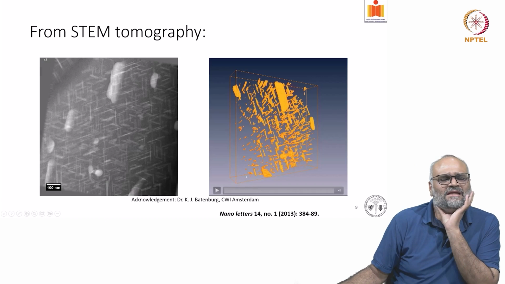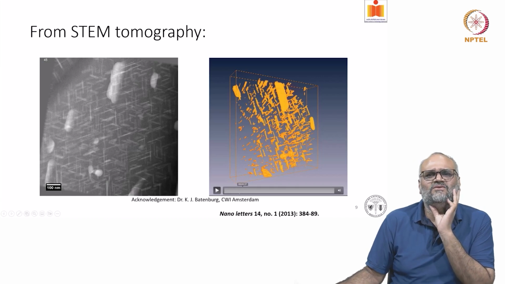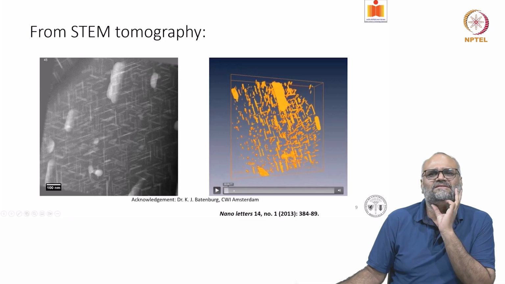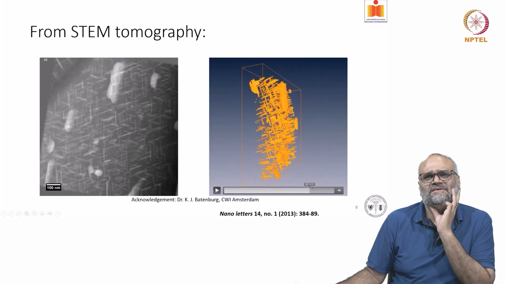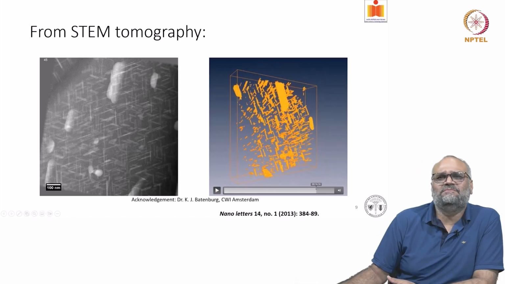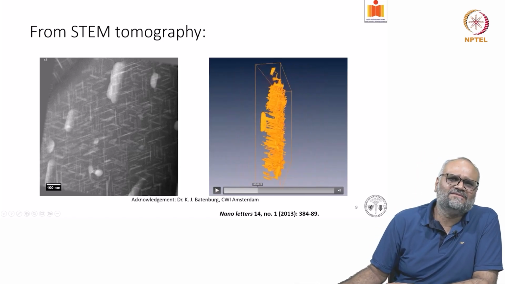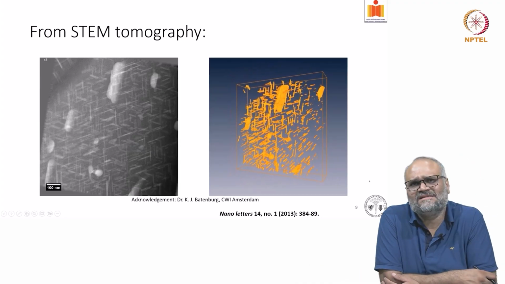As you can see, when you're tilting through, there are different families of precipitates here, and at one point they look like spots and at one direction they appear like rods. So by obtaining a series of these images and doing a three-dimensional reconstruction, what you get is a tomogram like this, and you can see that the precipitates that are formed are actually spanning across the thickness of the specimen. Now this is an interesting result because